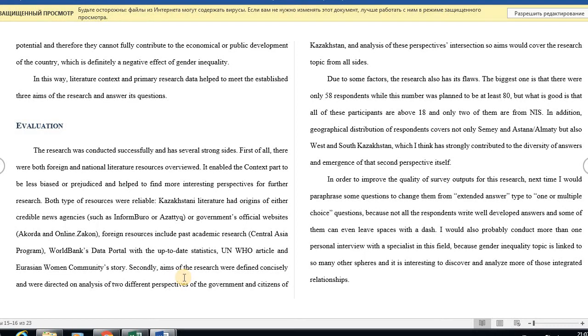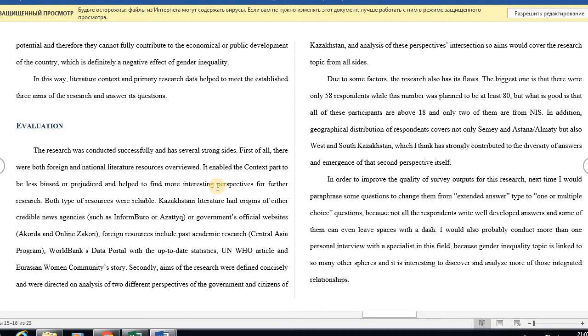several strong sides. First of all, what went well, right? First of all, both foreign and national literature sources were overviewed. I think most of you did it. It enabled the context part to be less biased or prejudiced, and helped to find more interesting perspectives for further research. I would avoid using the word interesting and be more specific,